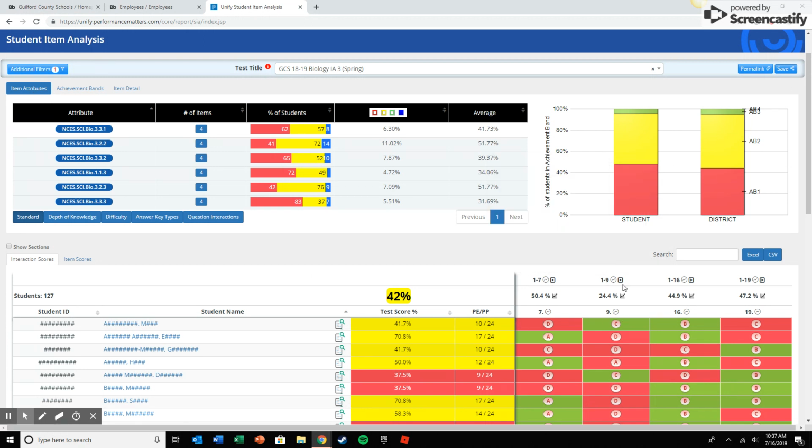Okay. And then if I just go back to item attributes, it takes me back to the home page. And then again, you can pick all this information again for your standard. Now, let's just say you don't want to look at this anymore. You're just like, okay, I'm done. Because if you click on 4 here and say you want to look at standard 3.2.2, if you click on 4,